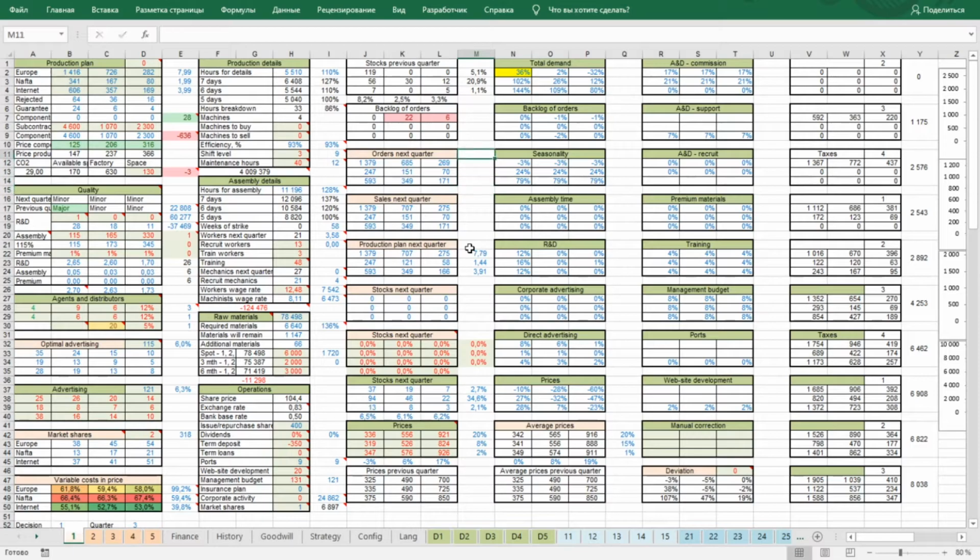To calculate the number of orders in the next period, we put the number of orders in the previous period and add the increase in demand, which is 36%. You can see that we are very close but have a little mistake.